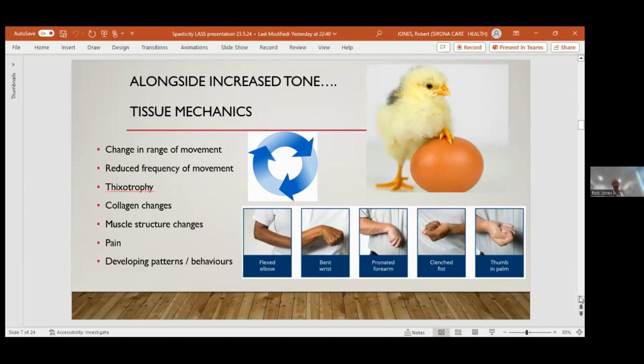If those are not challenged, if we don't address those as a team, and the team includes the patient themselves, the person with stroke looking after their hand and having been taught how to look after the hand, but also the team here of all the nurses, carers, therapists, and support staff on the unit getting involved and addressing some of these problems. What we also get is a range of other problems going on alongside the increased tone. So if any of us was to hold our hand in one of those postures on the bottom there for more than